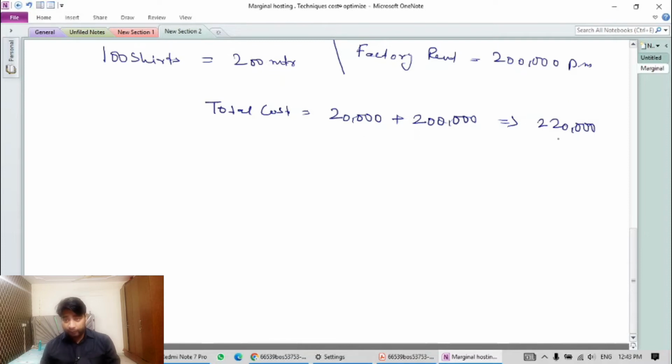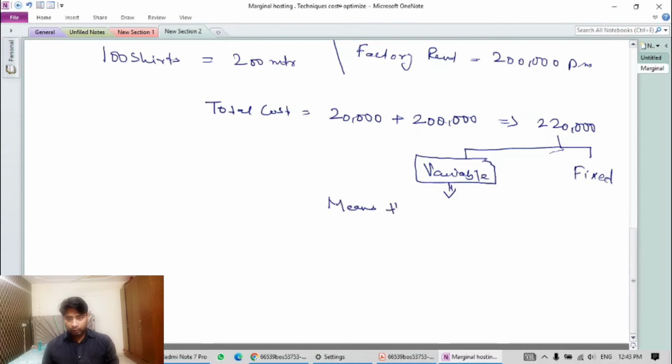And we can bifurcate this cost into two costs. One will be variable and one will be fixed. So now we have to understand what is the variable cost and what is fixed cost. So let me tell you what is the variable cost. It's very simple. Variable cost means the cost